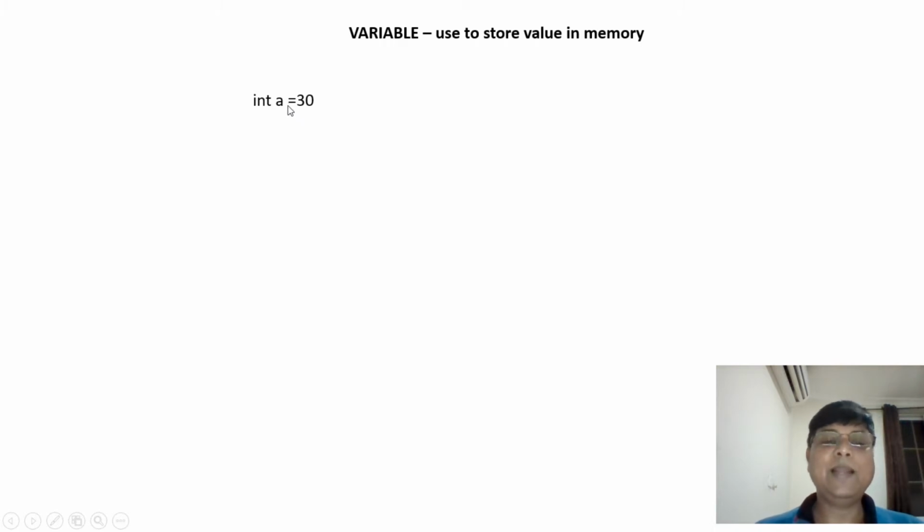And if I want to take the value from the keyboard, that is called a runtime value. Then I cannot initialize any value here. I can just declare integer a, and take the value from the keyboard and assign it here. That is going to be a runtime value. I am going to store it.